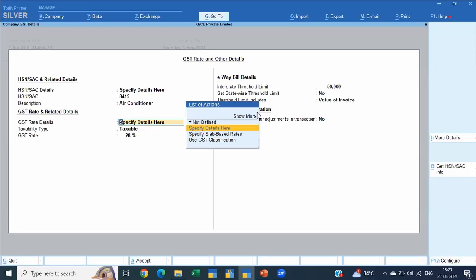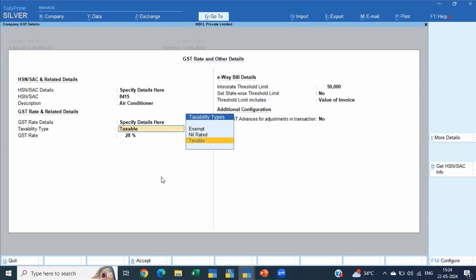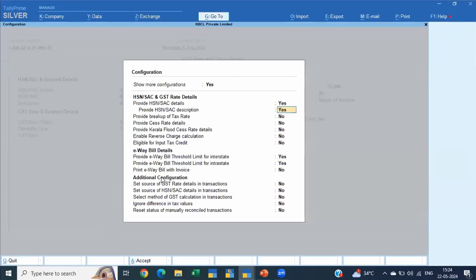Now, this is a 4-digit HSN code. That's why the rates are, say, double. If you have 8-digit, accordingly you have a singular rate in most of the cases. But there are still certain cases where you have two rates for an HSN depending on the nature of your transaction. Now, beyond this, there is something known as, I go to F12.